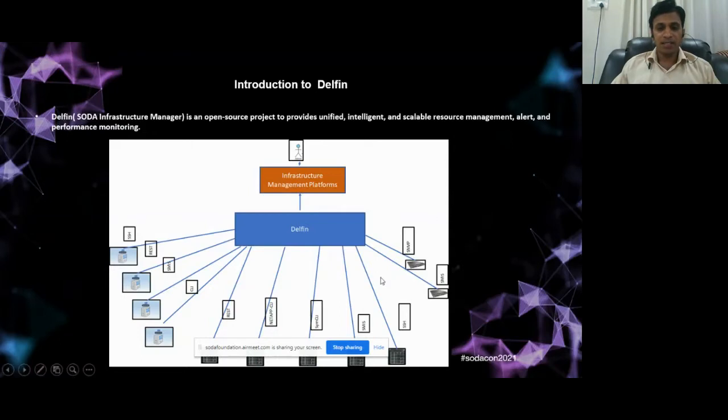As you can see in the diagram, Delfin is a single platform where you collect information from heterogeneous devices and provide that information for visualization, monitoring, or analysis to any infrastructure management platforms. So Delfin currently collects resource configuration information, capacity information, alert, and performance metrics.